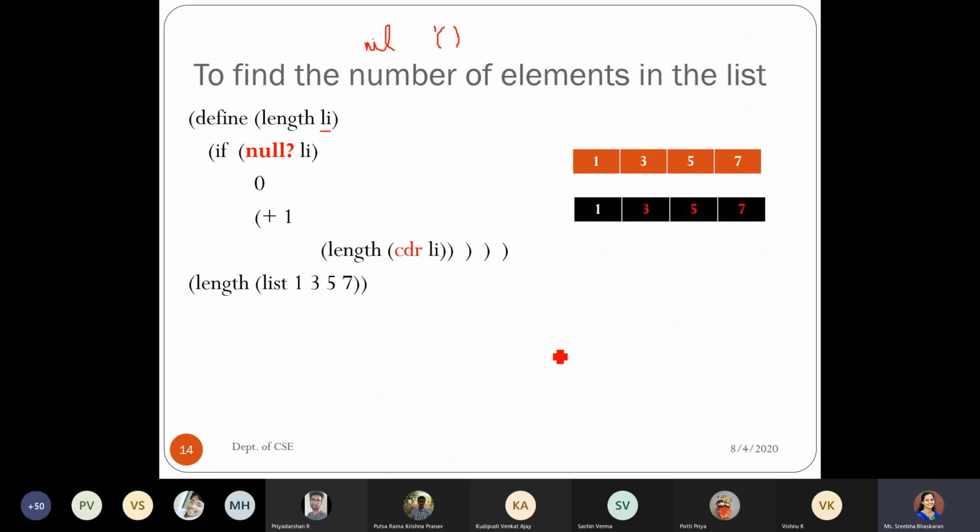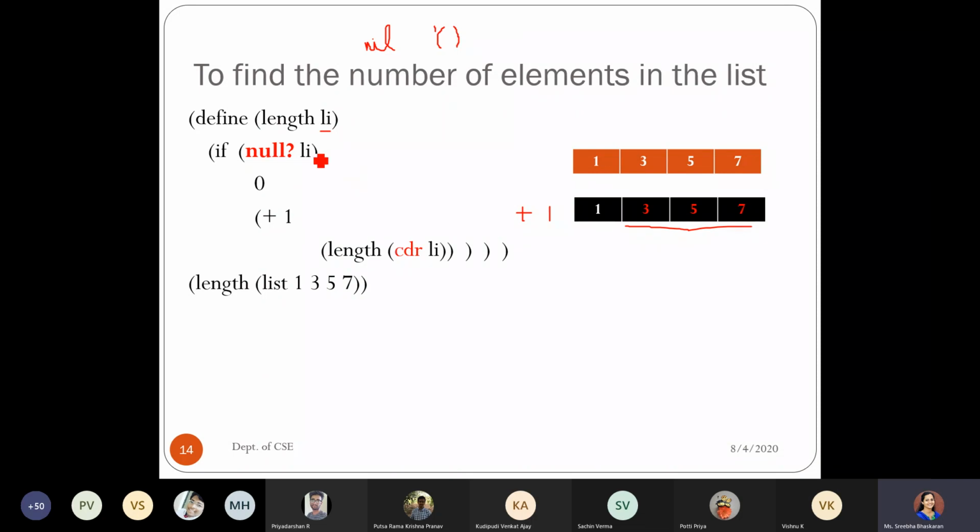It is not null, so it comes to the else part, that is the false expression part. What is my false expression? +1. So here it will add +1 along with the length procedure getting called with the reduced list. So when I say CDR of list, what will my list be updated to? My list will be updated with these values, which are 3, 5 and 7. Now I can no more access this value 1.